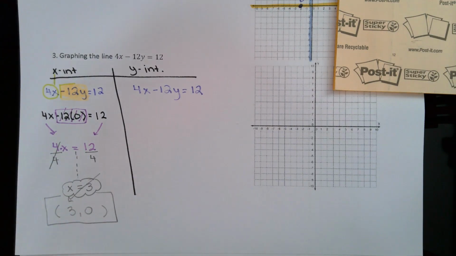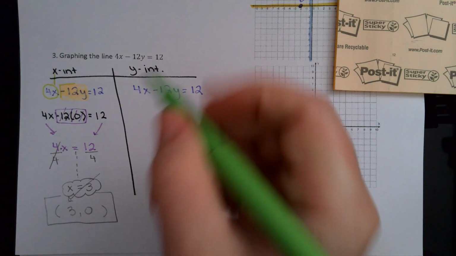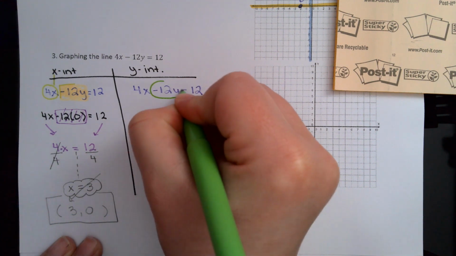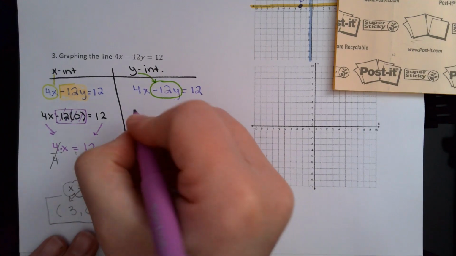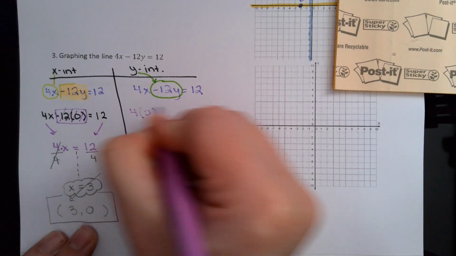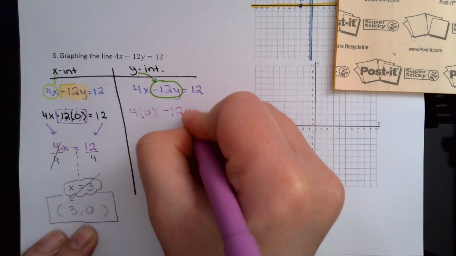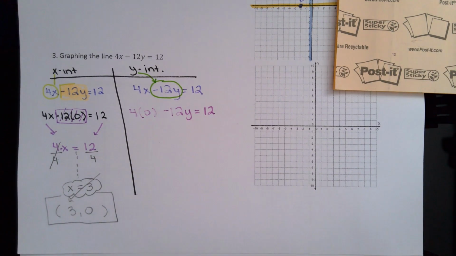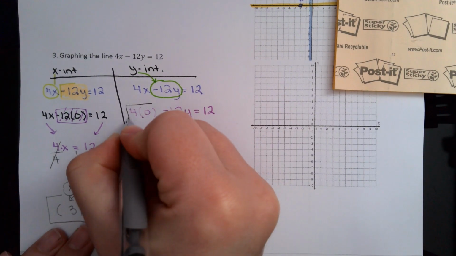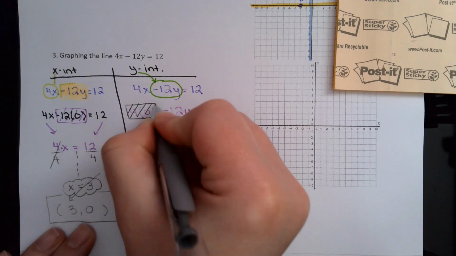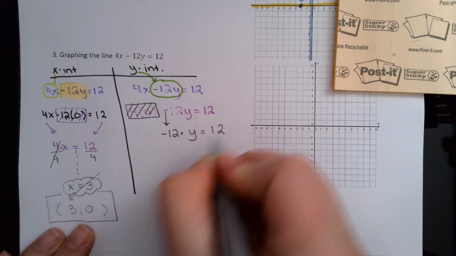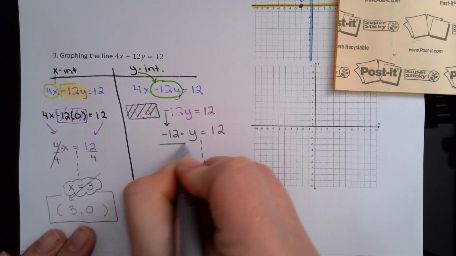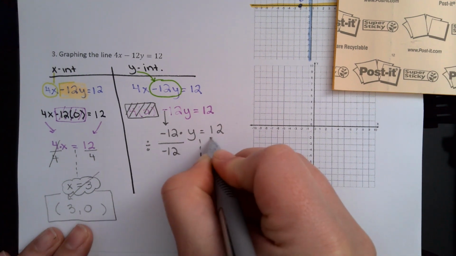So for the y, we're going to now pick up the negative 12y. Again, y goes to y. We're going to keep that, which means that the x is now 0. And again, this right here, this is gone. The one thing you have to be careful of is you do have a negative 12, not just 12. It's not positive. So when you are dividing by negative 12 on both sides,